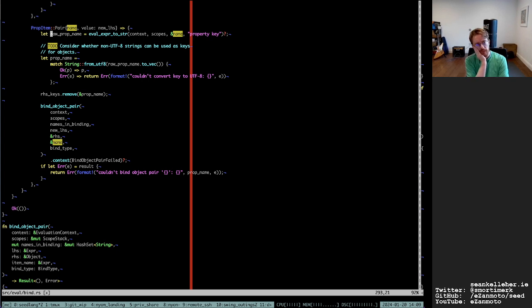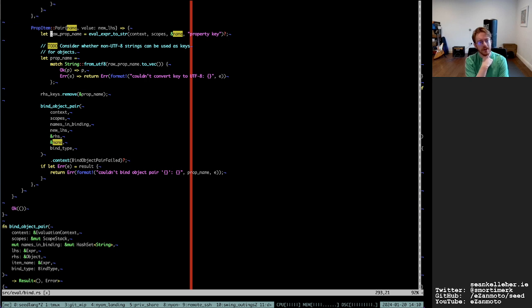So this is going to be the pair on the left hand side, and I've got the prop name there. I'm doing right hand side keys remove prop name.